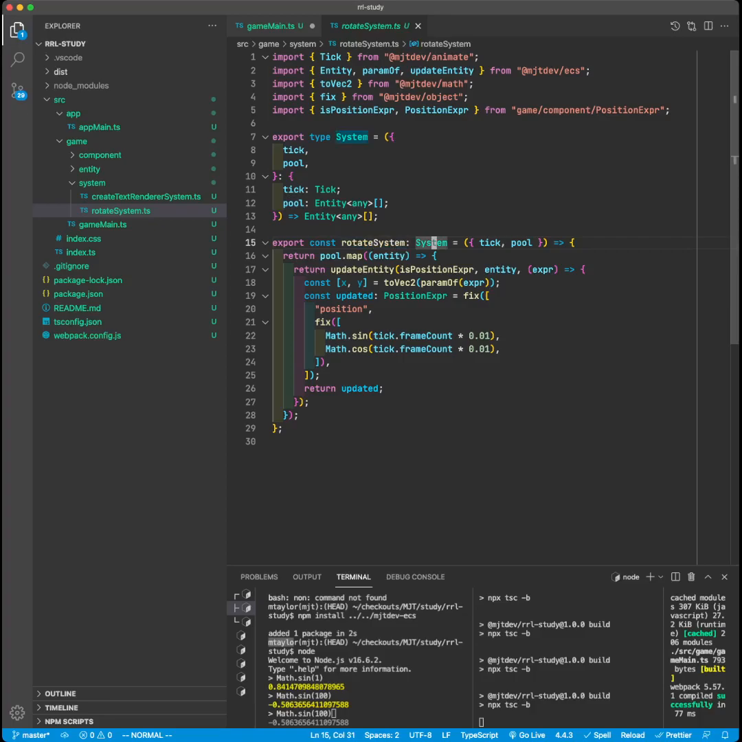But that bothers me. So this is the system, right? All I'm doing is mapping over the pool. Remember, this is a read-only, or immutable, data structure. I'm doing this update, so I have to have a way of cleanly updating things, because I'm going to want to replace them. The way I'm doing that is with this update entity function, which I'll go into in a bit. At a high level, it just takes the type guard and the actual entity, which, remember, is an